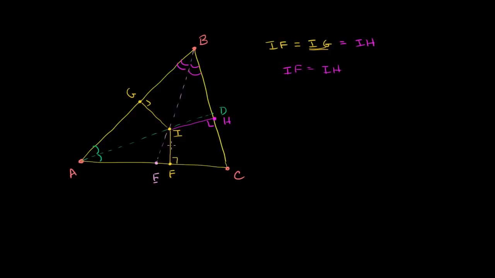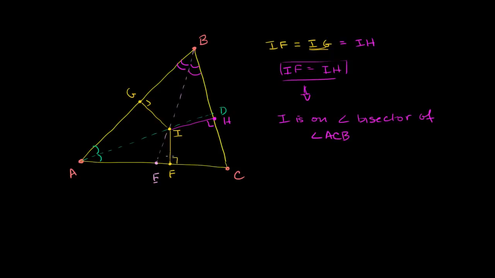But if I is equidistant from two sides of an angle, this is the second part of what we proved in the previous video. If you have a point that is equidistant from two sides of an angle, then that point must sit on the angle bisector for that angle. So this right here tells us that I must be on the angle bisector. I is on the angle bisector